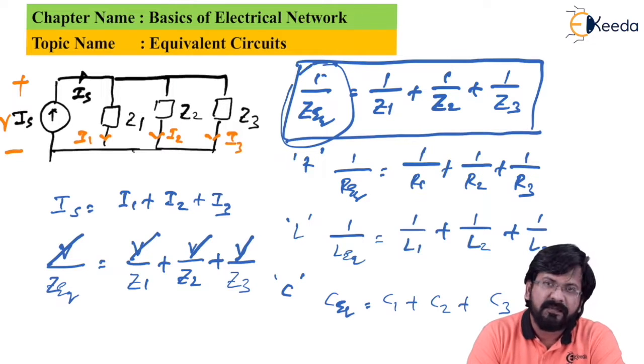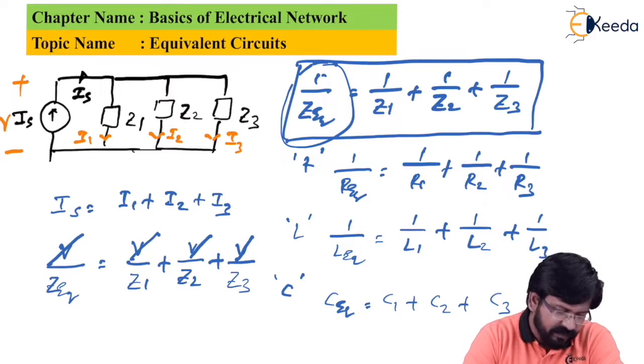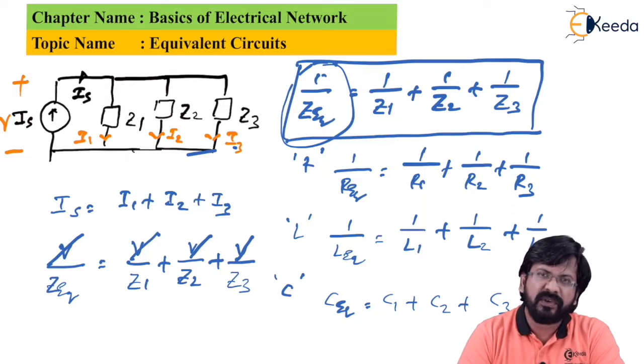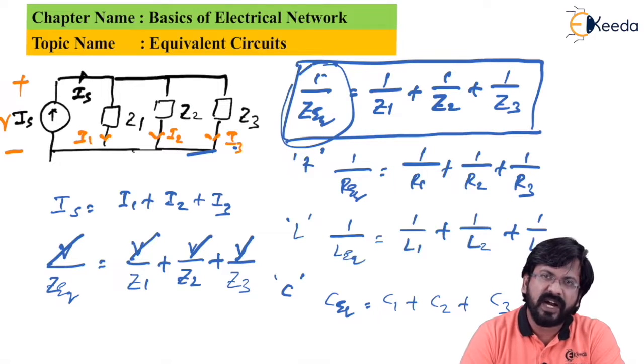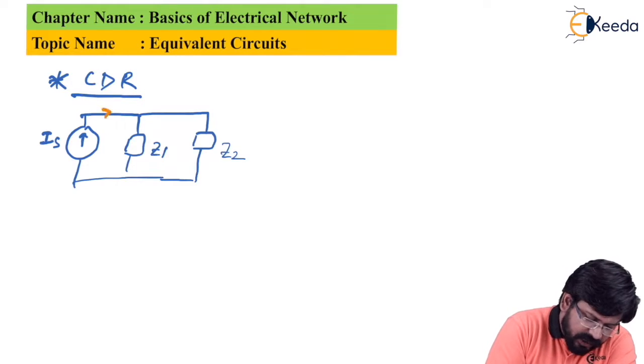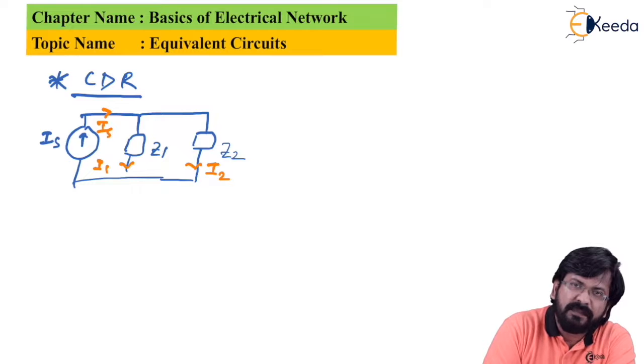We know that in a parallel circuit, what remains the same is voltage, but what gets divided is current. As we can see, there are three impedances connected in parallel having individual currents as I1, I2 and I3. So by using the current division rule, we can calculate the values of I1, I2 and I3. So let us start with the current division rule. The supply current is, let's say, Is, which gets divided as I1 current and I2 current. So the current division rule will help you to get the values of I1 and I2.